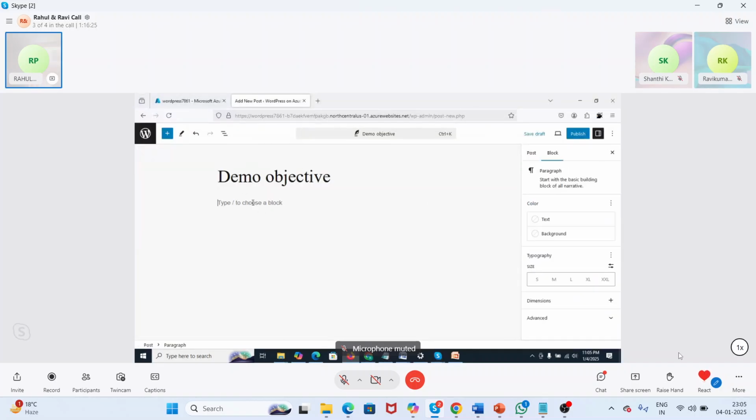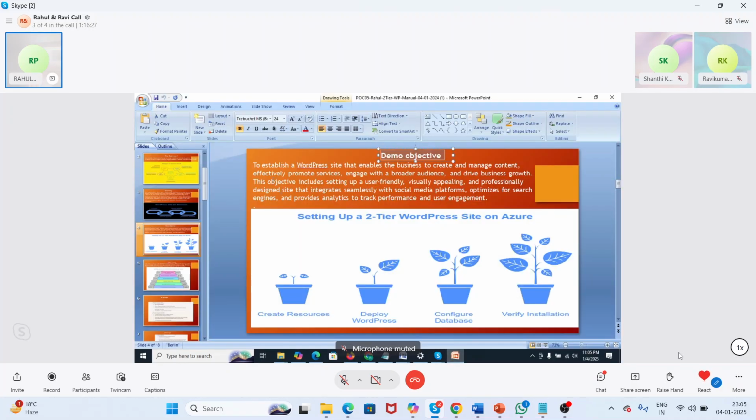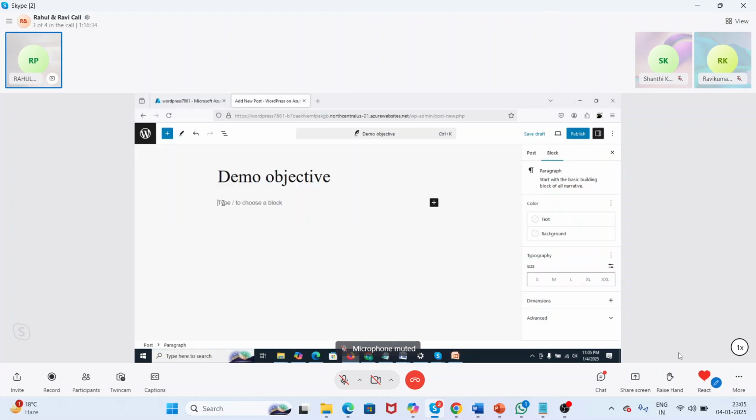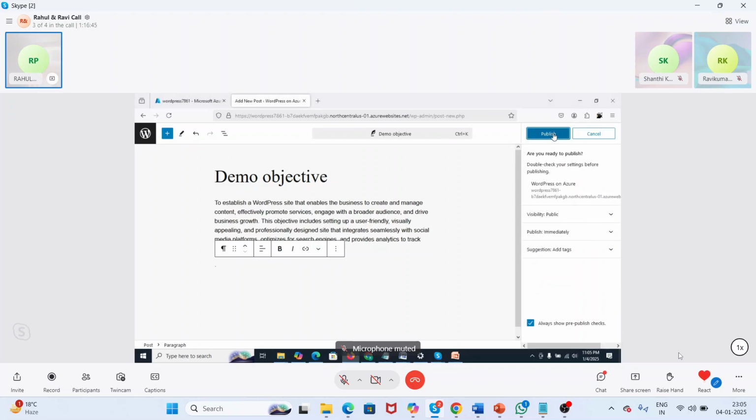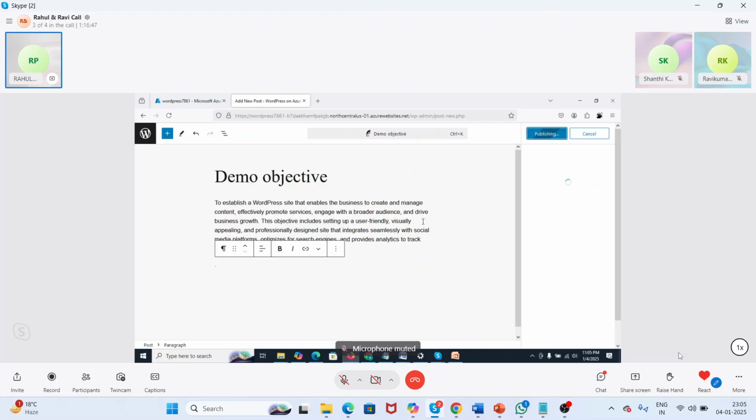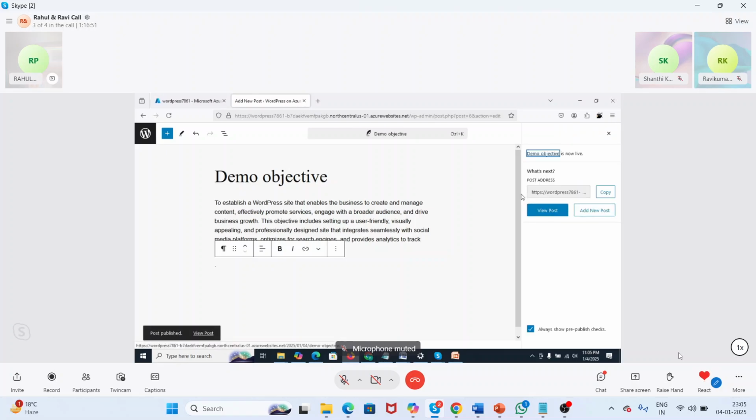I paste it here, and later I take the demo objective details and paste them here. Now, after verification, I hit publish. So it is publishing.